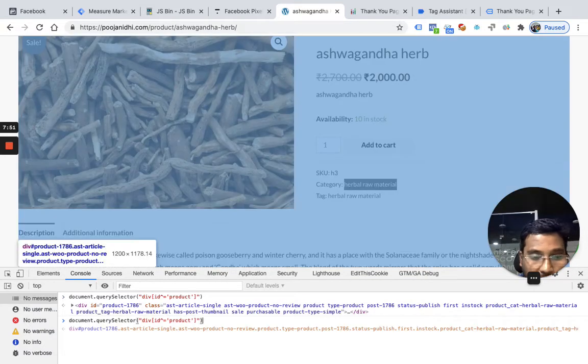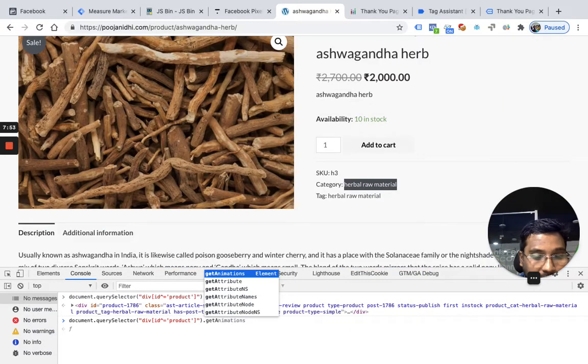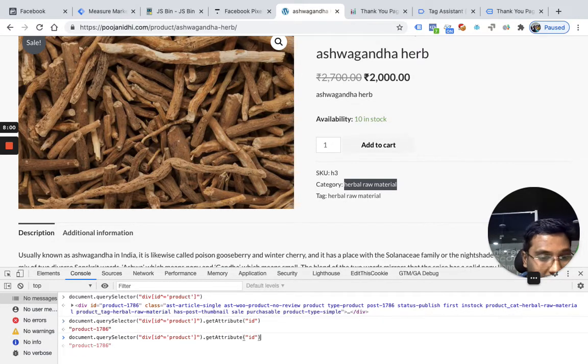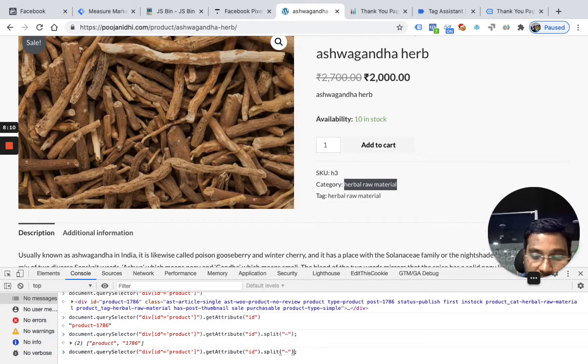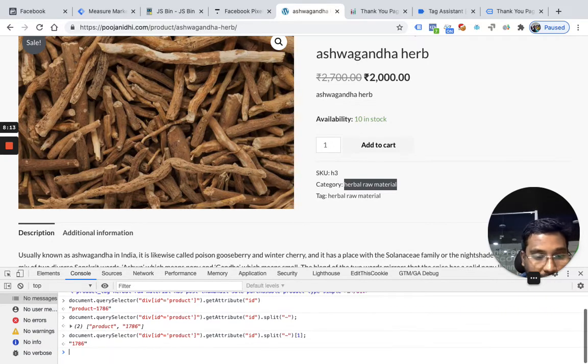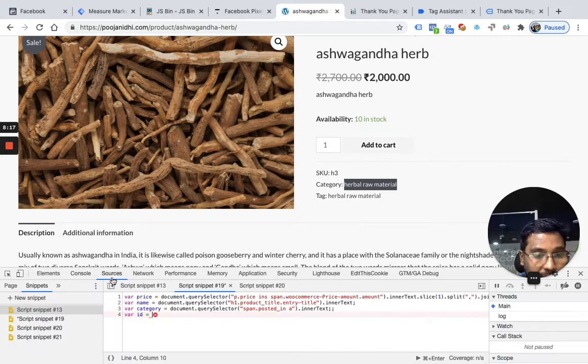Yeah. So now I want to write get attribute. If I write in data, I want the ID, so I'm going to split it with something called hyphen. Yeah, then I want the first value. So this is the ID of the product. So I'm going to take it and copy it. After I copy it, what I'll do is